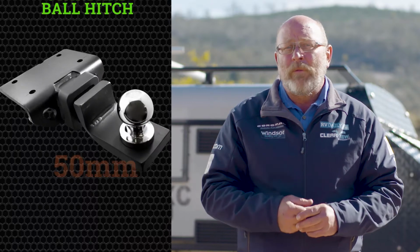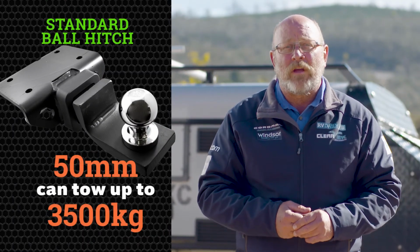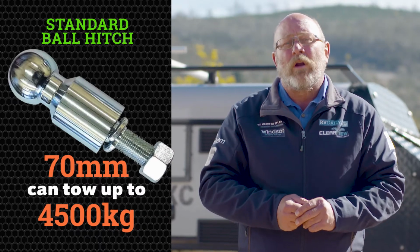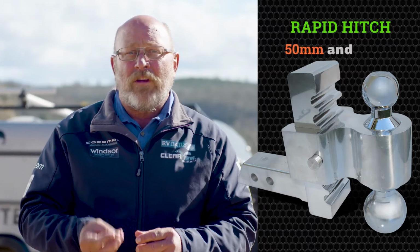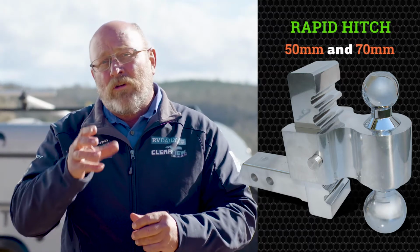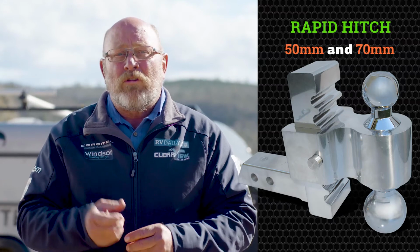The standard ball hitch comes in two sizes, 50mm, which is good for up to 3,500 kilos, and the 70mm, which is good for up to 4,500 kilos. There are some variations on the theme. The one that comes to mind immediately is the rapid hitch. It has both a 50mm and a 70mm ball attached to the same aluminium billet,